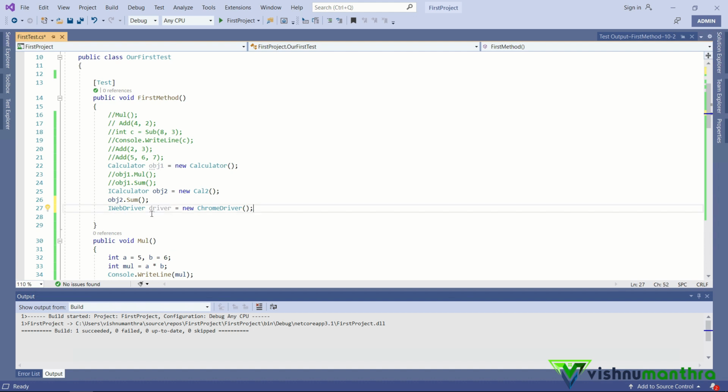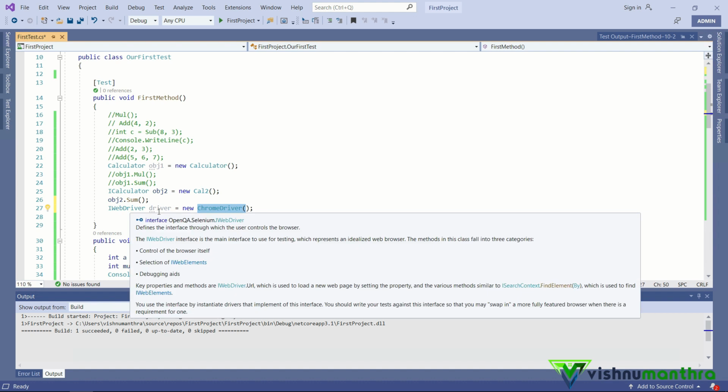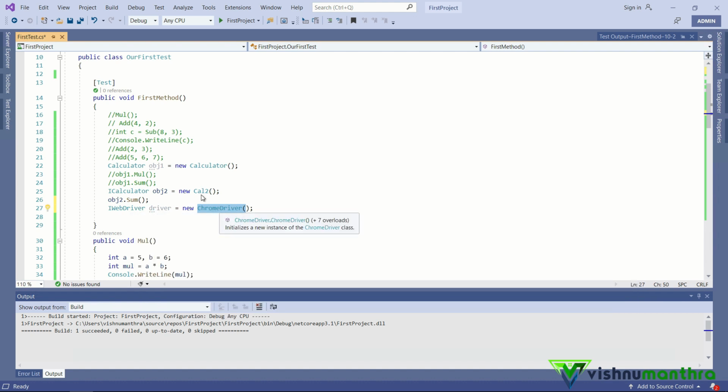Okay, so I hope now you have completely understood what interfaces are and what their usage is. Now if you want Firefox driver, we can easily have Firefox driver here instead of Chrome driver, and we can even have switch cases where we can switch to different drivers, and we can have configuration files where we can mention which browser to opt for. All these things you will see in our later sections, but understand the relevance of interfaces and how they are helping us. I hope with this video it is very clear for you. So this is all we thought of covering in this video.